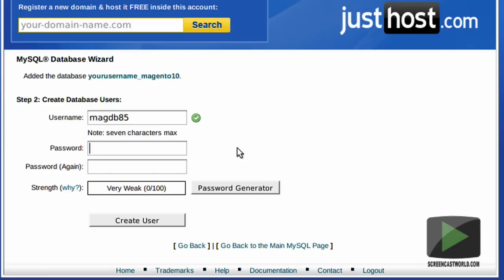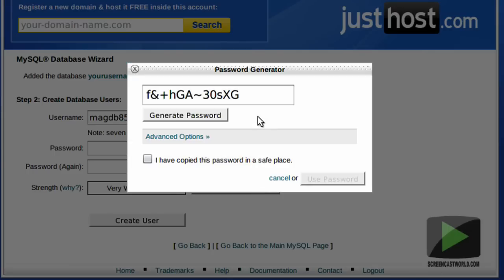Now when choosing a password, choose something that's at least 16 characters long, using a combination of letters, uppercase and lowercase, numbers and symbols. To help you, there's an integrated password generator. Alternatively, you can use an online password generator, such as onlinepasswordgenerator.com. So I'm going to hit password generator,